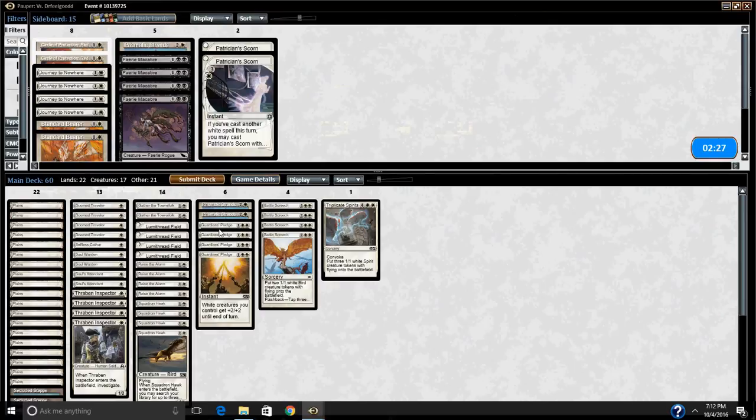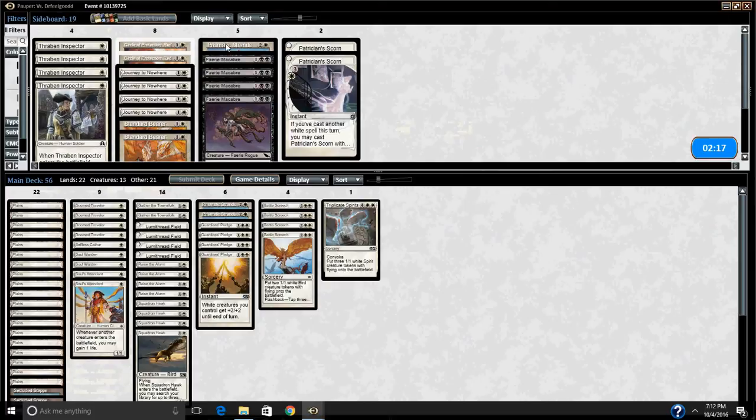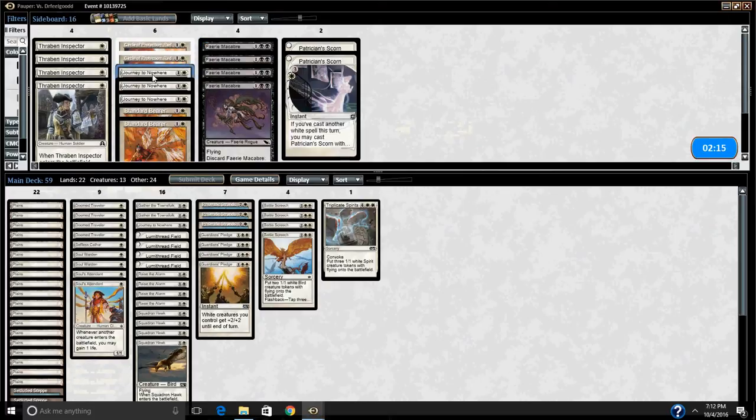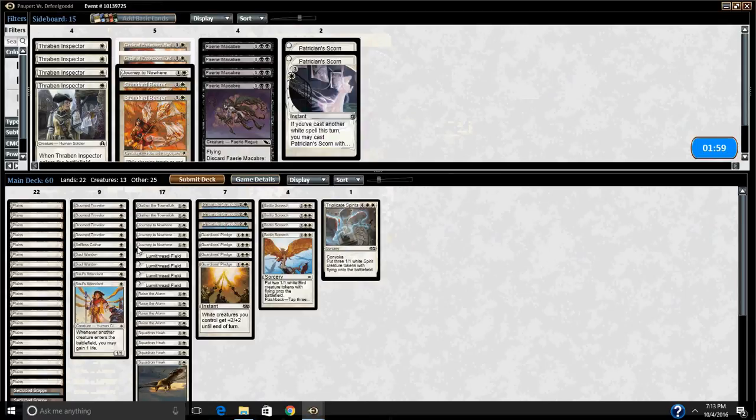So, we probably want to leave in our Soul Wardens because they actually kind of turn off his combo. We want to leave in Strands. Thraben Inspector might be the weakest card we have. We kind of need a lot of answers to the Midnight Gond thing. We actually can kill the Presence of Gond. I think that's the only enchantment he plays though,